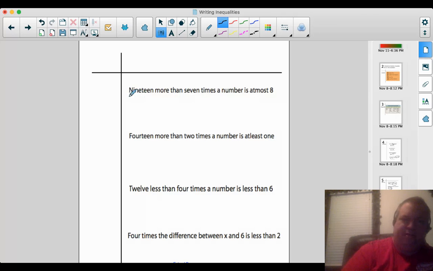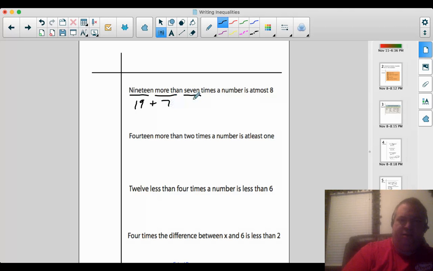Okay, so 19 more than. Now here we have not "is more than," but just "more than." So this is, remembering back to our expressions keywords, that means addition. So 19 more than